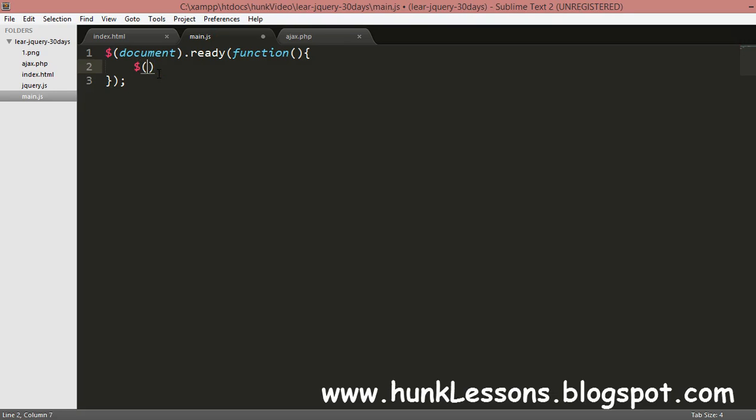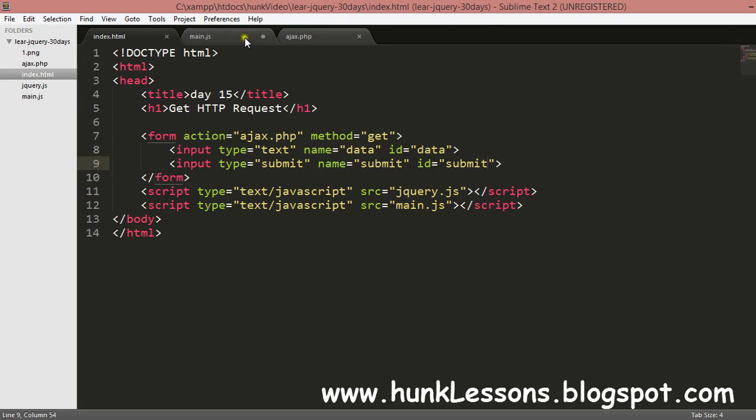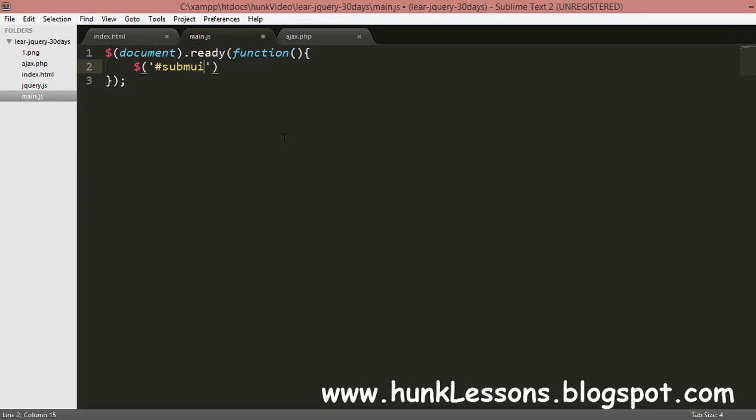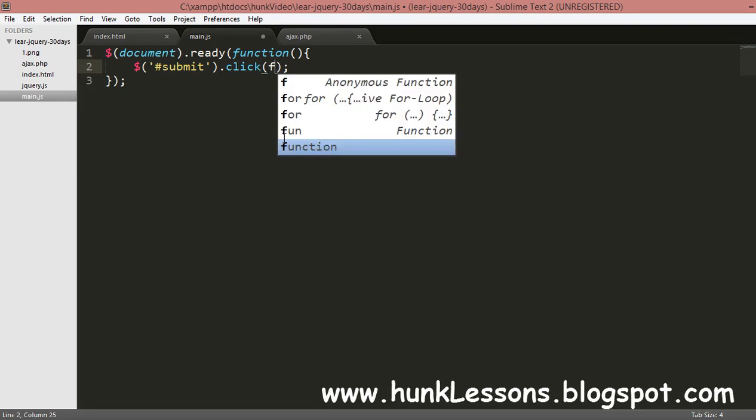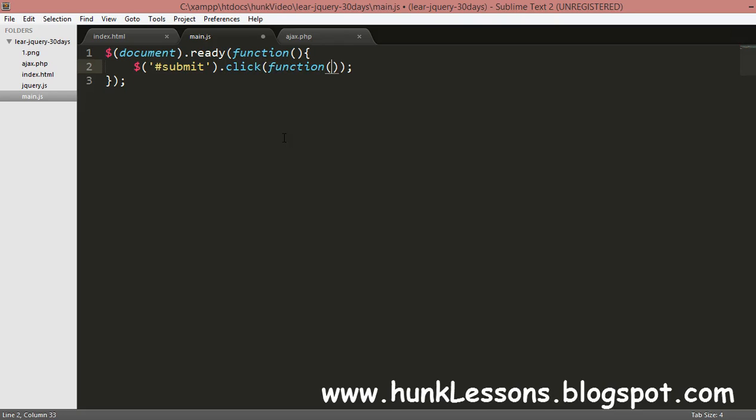I will select the submit button with the ID of submit, and add an event listener, click, function.